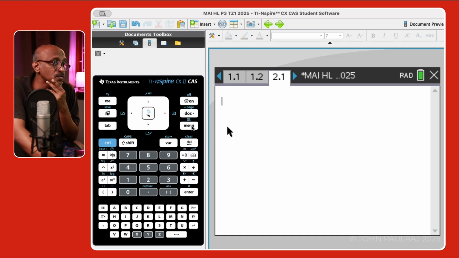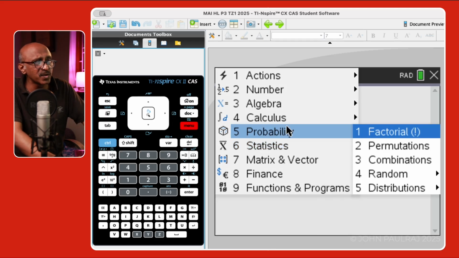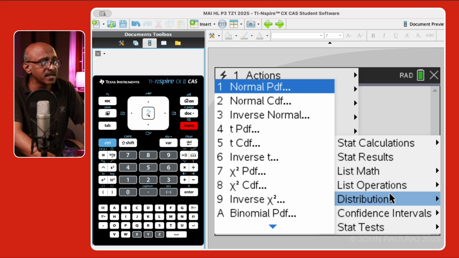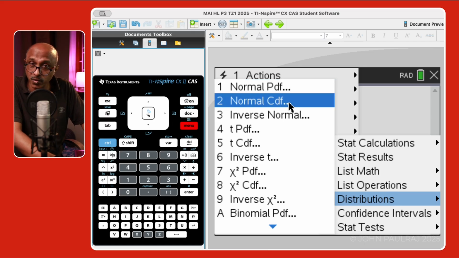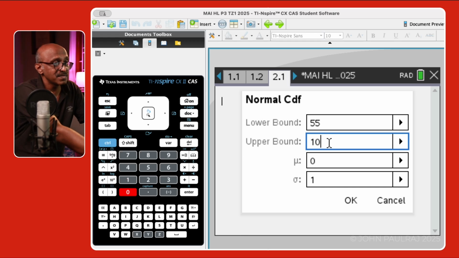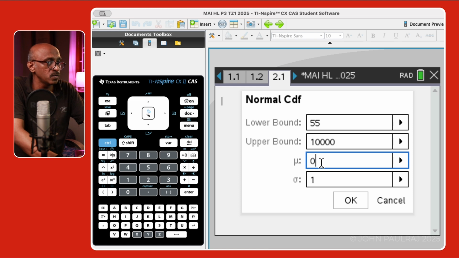So we're just going to go through the normal CDF menu, statistics. You can even do that in the probability menu, by the way, statistics and distributions, and normal CDF is what we're going to use. And here the lower bound is 55, strictly greater than 55. The upper bound can be any large number, so 10,000, 100,000, whatever. Mu, let's enter mu as 52.0,